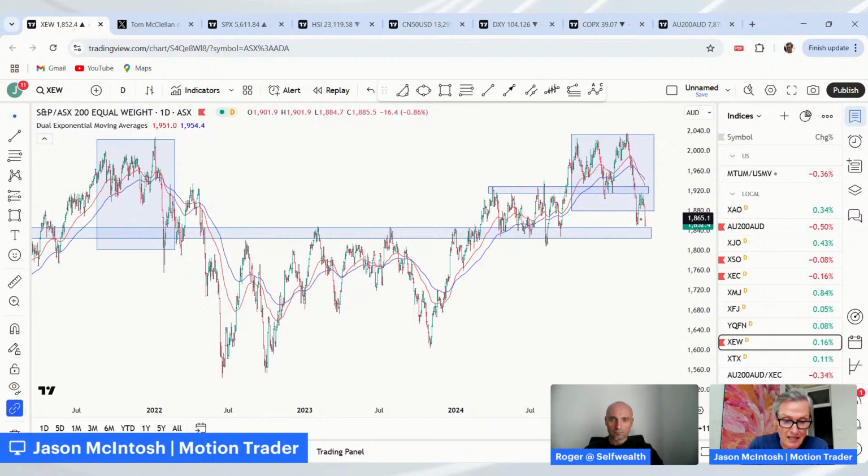Now, this isn't to say the current situation is going to resolve the same way as it did in 2021, 2022. It's not like this is a roadmap for what's going to come. What happens from where we are now is likely to be completely different. It's going to have its own unique pathway that it follows. But the point is that ongoing weakness is more likely to develop from consolidations when they're below the moving averages. So this is where I think it's important to be aware that the structure has changed and that we've gone from consolidating above moving averages to consolidating below. And that's where the risk opens up.